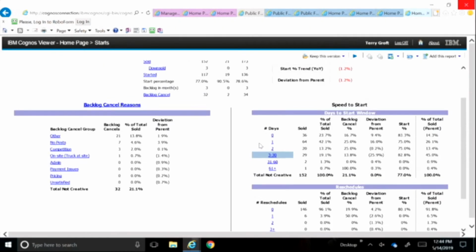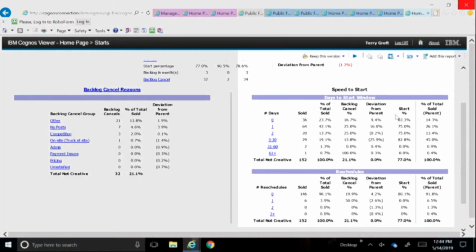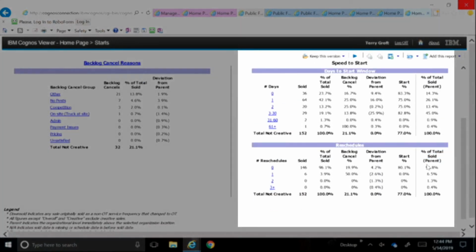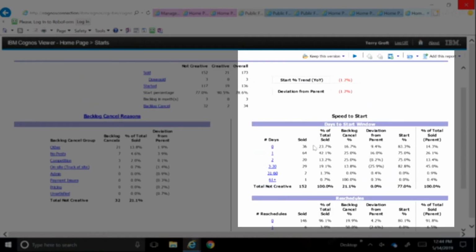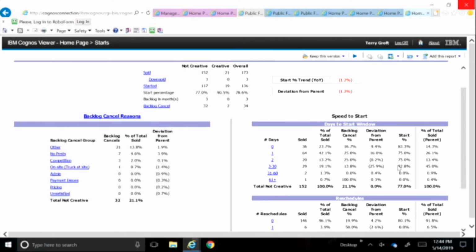A good goal for this, and really our company goal, has been an 85% start percentage. And by looking at that, I would say I don't want to reschedule starts. I want to get them done on the day. In that way, I would get to 80% for this branch. And I want to get them started as quickly as possible. I don't want to drag them out. And I'd